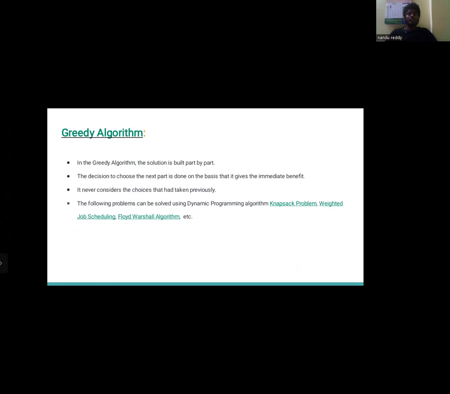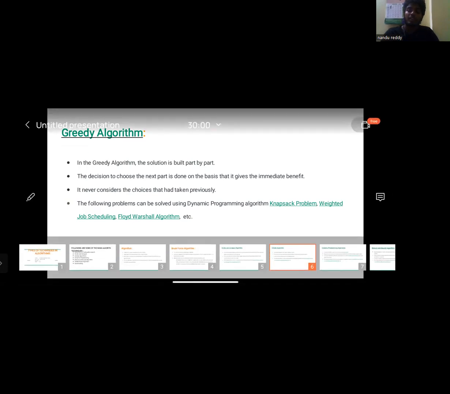Next, we go for greedy. In the greedy algorithm, the solution is built part by part. The decision to choose the next part is made on the basis of what gives the immediate benefit. It never considers the choices that had been taken previously. The following problems can be solved using the greedy algorithm: activity selection problem, weighted job scheduling, and so on. For this, by clicking on this,